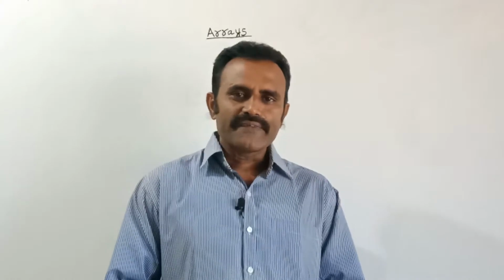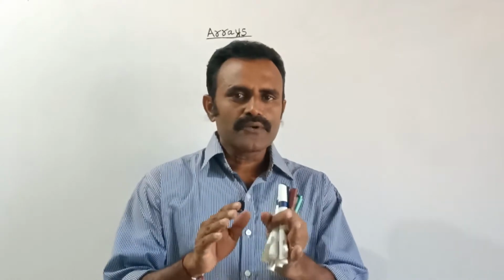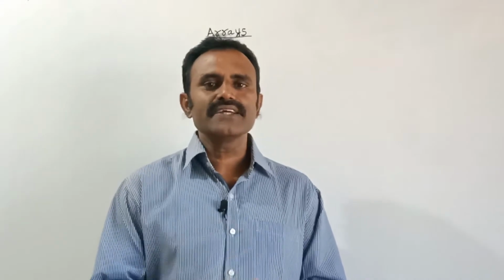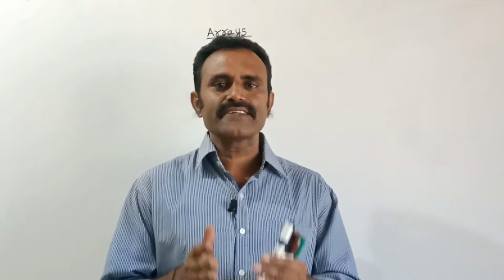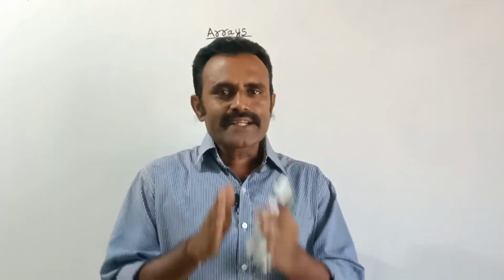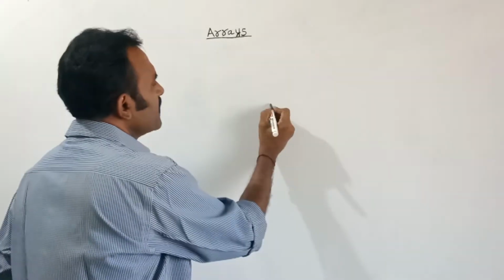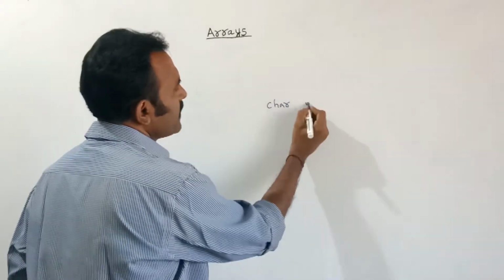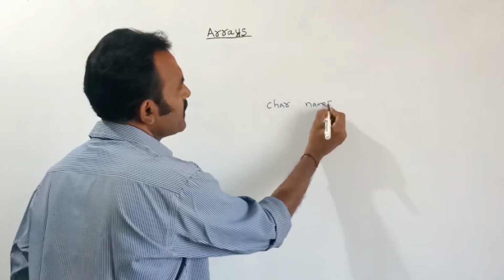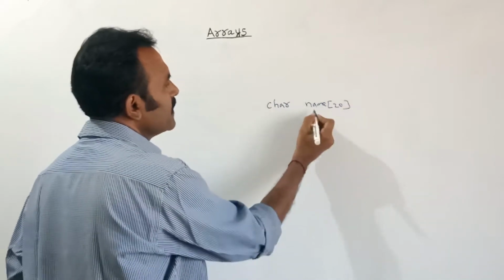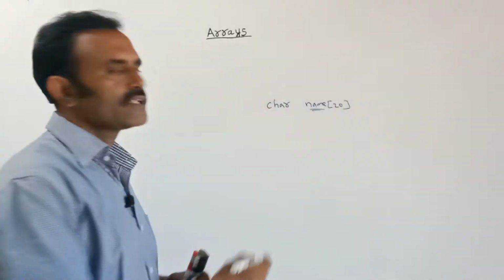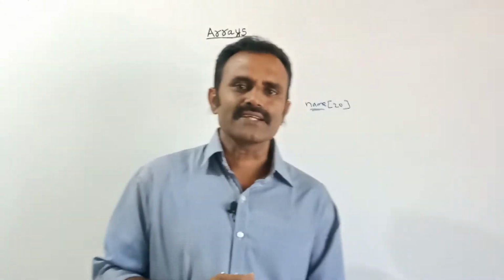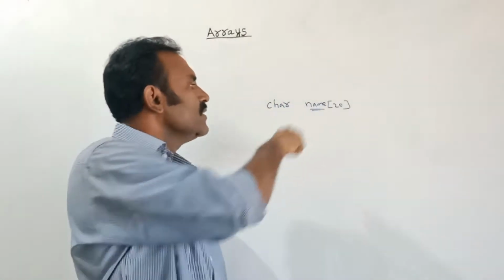Hi guys, now we are going to see the topic about the two-dimensional character array. Already we had seen about the single-dimensional character array. The single-dimensional character array is used to store a string in a variable. Suppose you are declaring the variable name of size 20. That means the variable name can store up to 20 letters. The length of the name is 20.